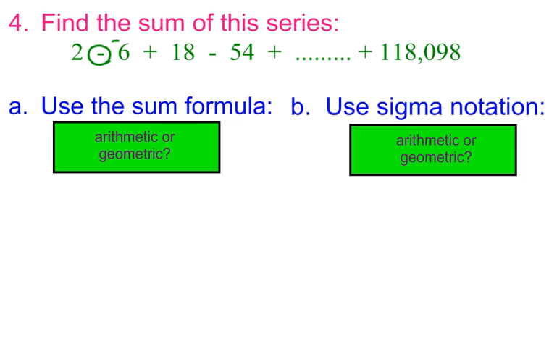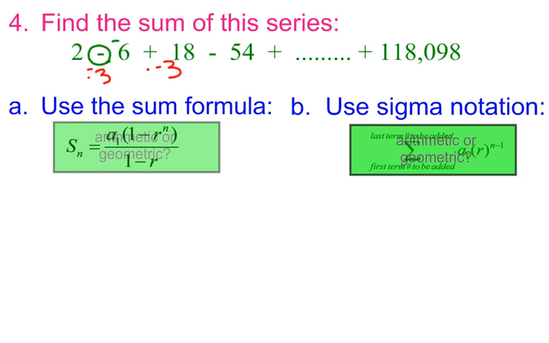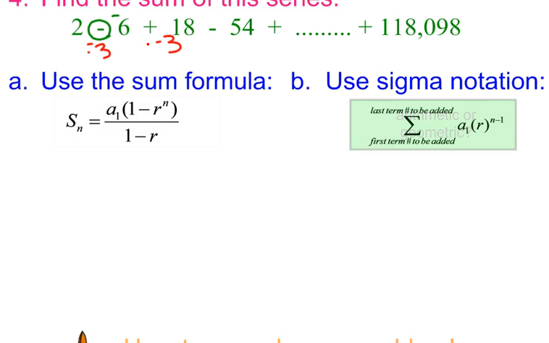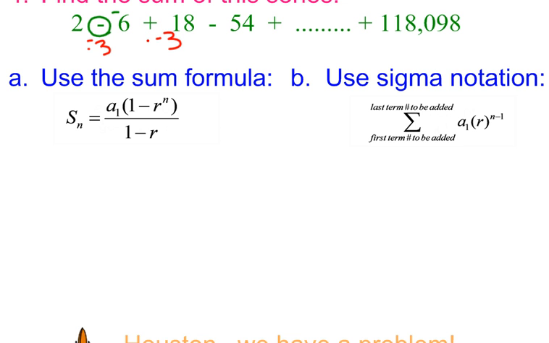So I'm going to recognize that this is not an arithmetic series, but it's going to be a geometric because I'm timesing by negative 3 all the way through here. So right now I know I'm using geometric, and here's my two formulas I use. So my A1, I'm looking for S of n,